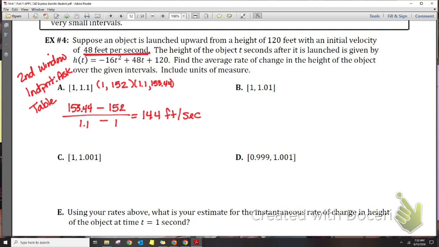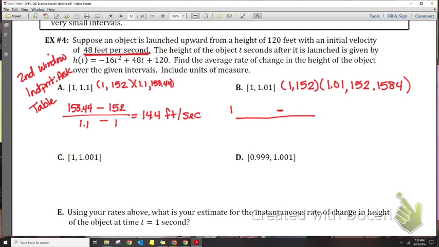All right, let's do the same thing for B. So we know that 1 has a Y value of 152, and we have to go find for 1.01. Well, go back to your table. It's still in the ask mode, and type in 1.01 and hit enter, and it tells you 152.16. Now I'm going to arrow over on that, and I can see that it's actually 152.1584. So I'm going to use that value because I don't want my rounded value at the end to be off. Then when I go find my average rate of change,